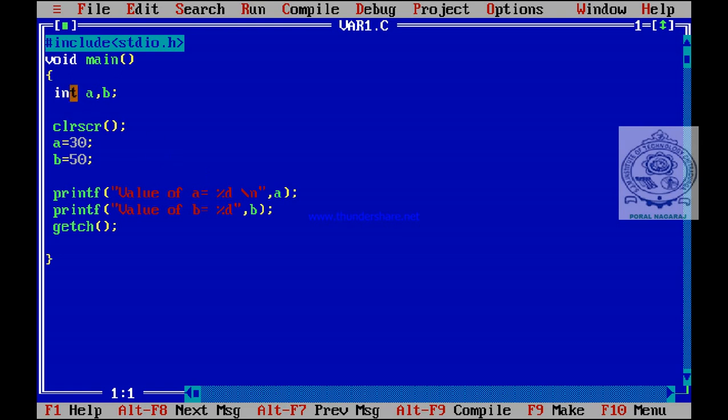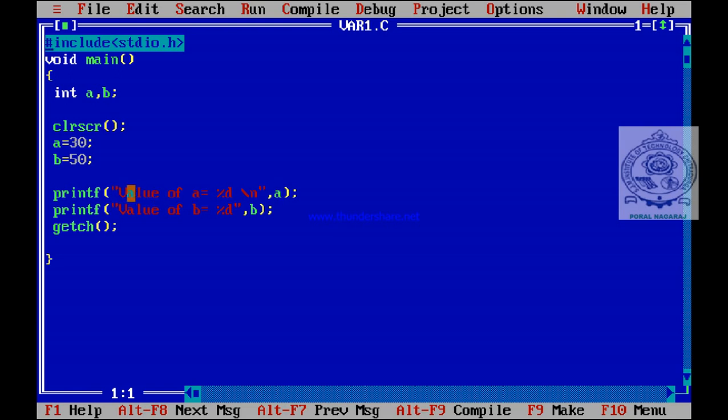%d. Here the variable data type is integer, so we use %d for integer. For float, %f. For character, %c. So like that we are going to use.